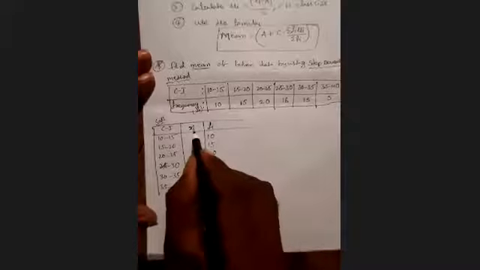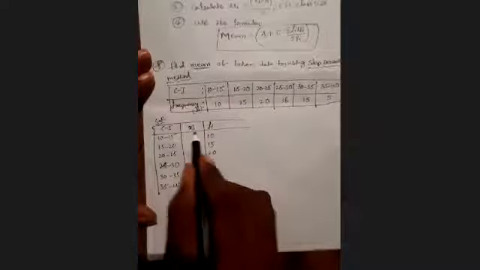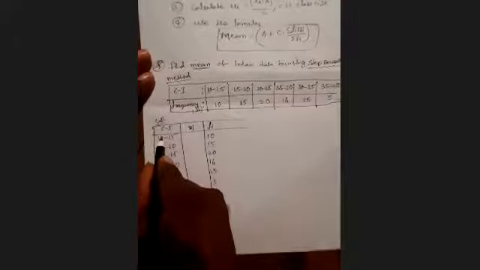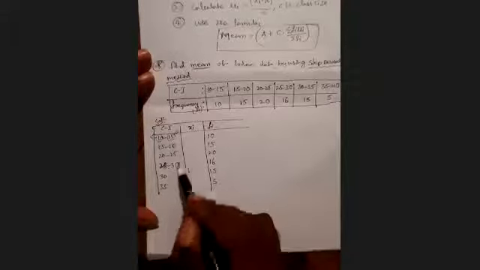Now, how you will find xi value? See, this is class interval, right? In class interval, this 10 is lower value and this 15 is upper value. This is called lower class limit. This is called upper class limit. In 15 and 20, this 15 is lower class limit, 20 is upper class limit. And 20, 25: 20 is lower class, 25 is upper class. Same like that, we can easily find what is lower class and what is upper class.